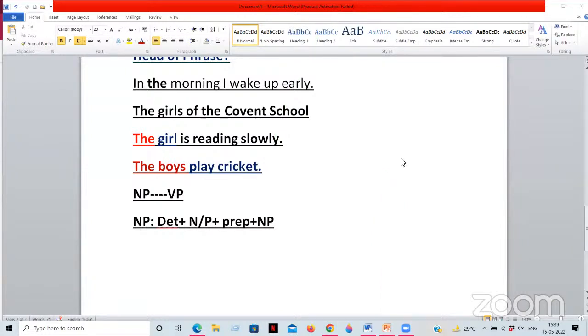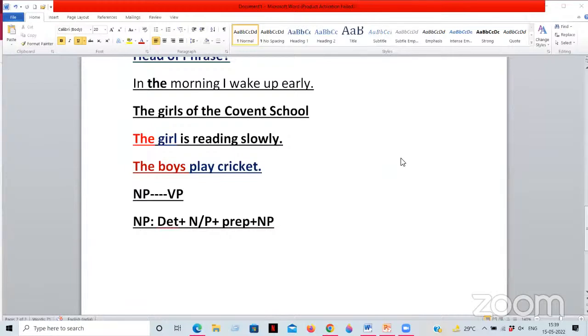And on the other hand, we talked about how there are major phrases and minor phrases. So based on the types of parts of speech, there are 8 phrases as well, and 4 of them are major phrases and 4 of them are minor phrases. But when we are talking about the tree diagram of a sentence, what we have to understand clearly is the noun phrase and verb phrase.